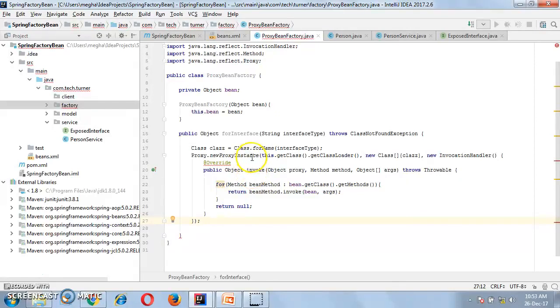This newProxyInstance takes the class loader as the first argument. Second is the interface type class object, and third is the invocation handler that helps in invoking the specified method. This invocation handler has an invoke method that we need to override. There I have written logic to look for the method we need to invoke.